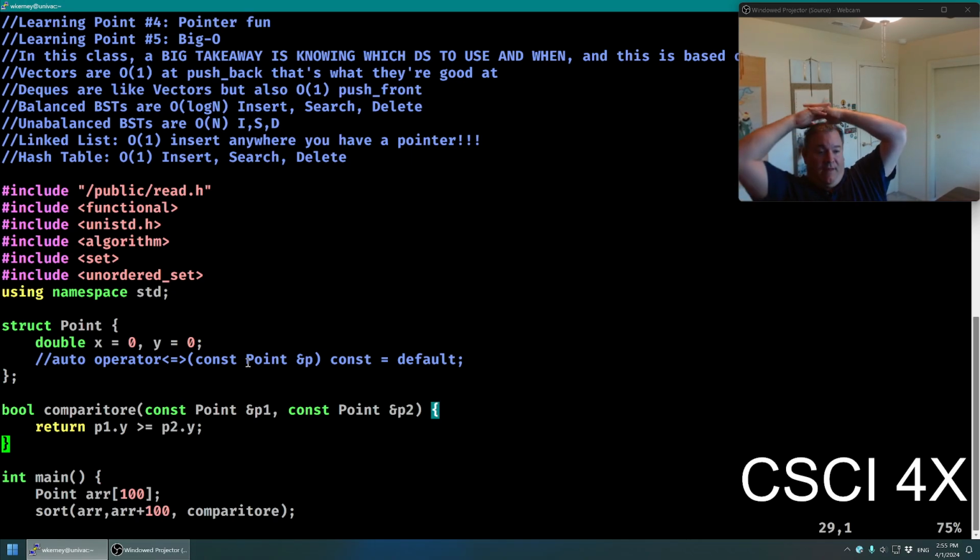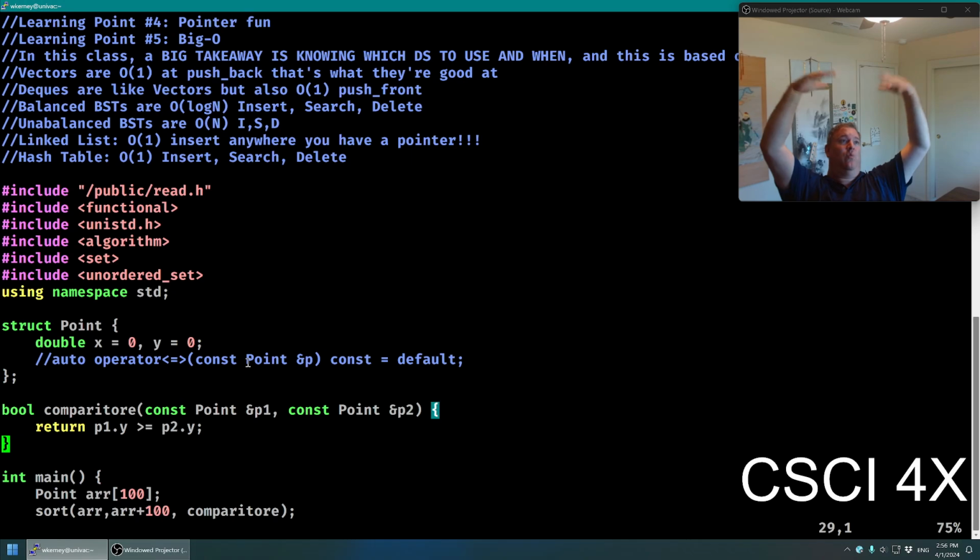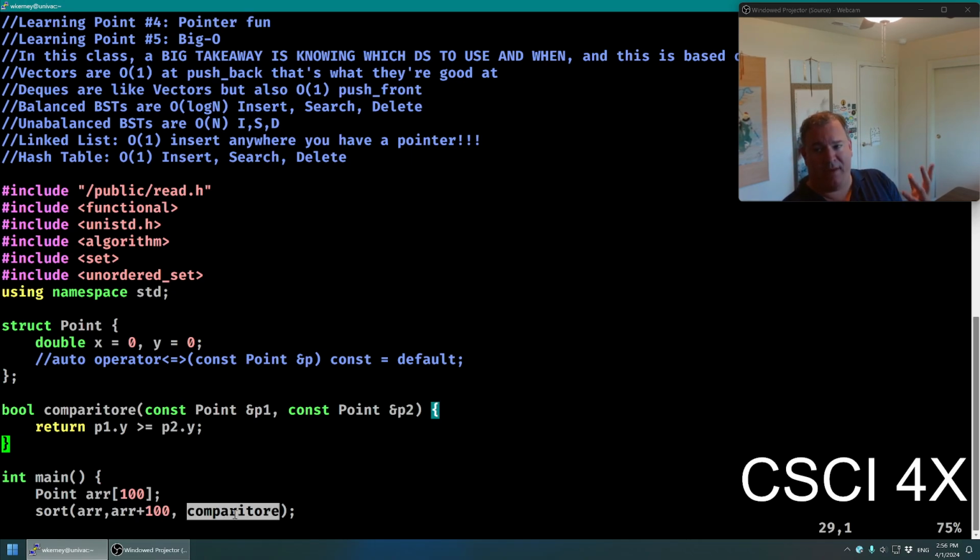So basically, it is going to sort all of the points in the array such that the one with the highest y is first going to lowest y. And x's don't matter in the slightest. Whatever. If I have a comparator function like that, it's Italian, a comparatore, I don't know, then you can do that.